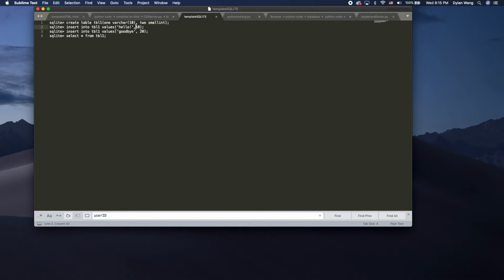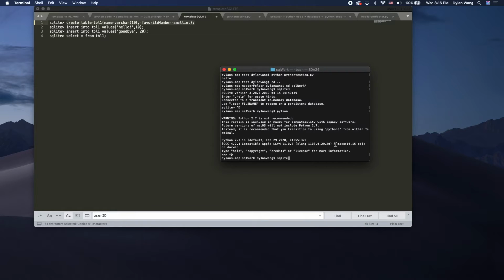So this basically means that you create a table, which the first variable 1, we can maybe change this to name. And varchar means that there's a max of 10 characters. And 2, we can maybe call this favorite number. Small int, this just is relative size. I think small int should be fine for most cases. If we copy and paste this into terminal right here,